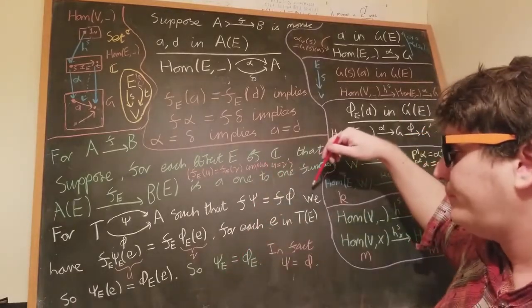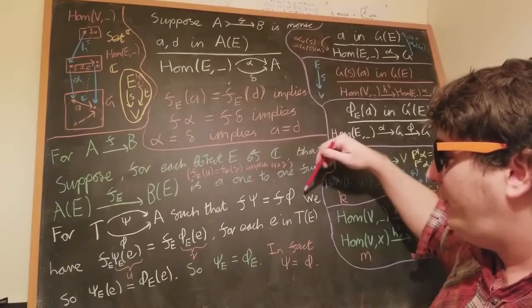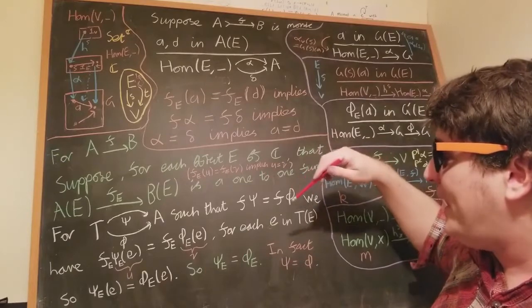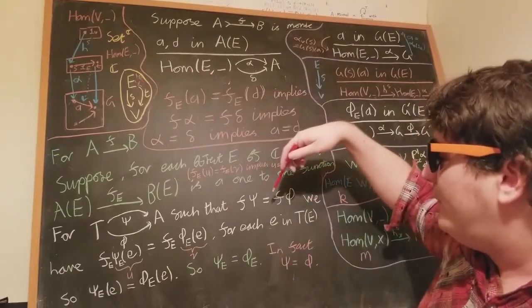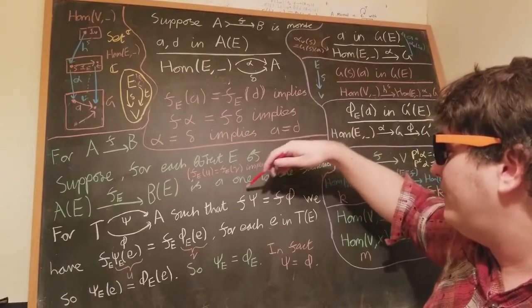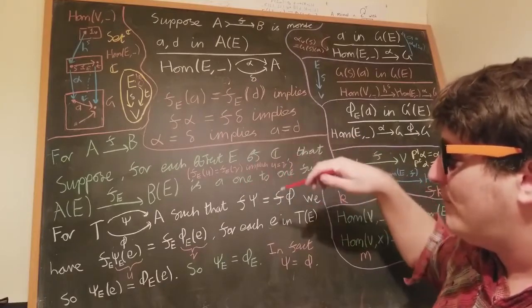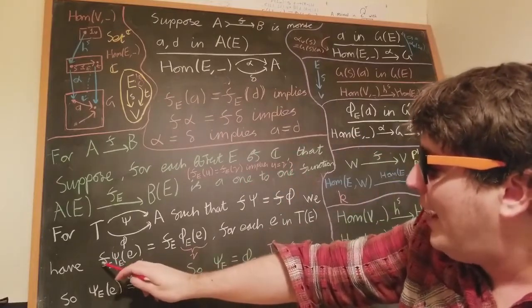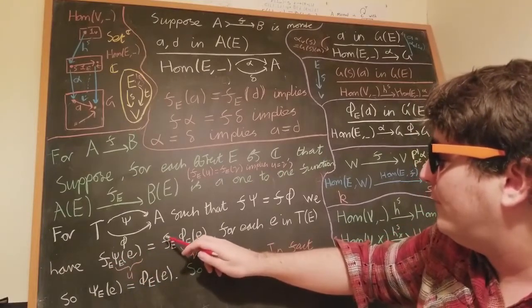Well, firstly, this assumption means that if we pick any capital E, any object in C, then, since these two arrows are equal, their eth components must be the same function. So we must have that f_E after psi_E equals f_E